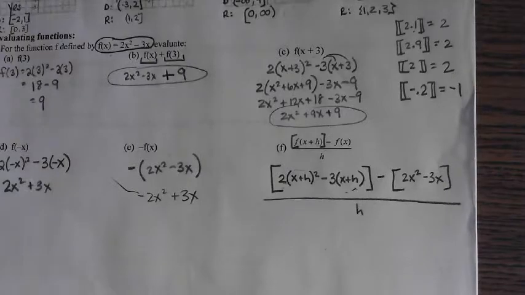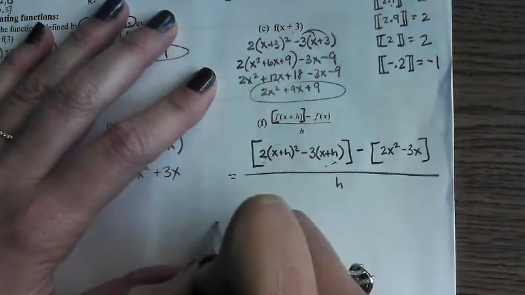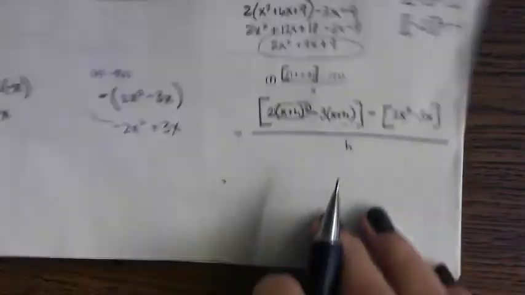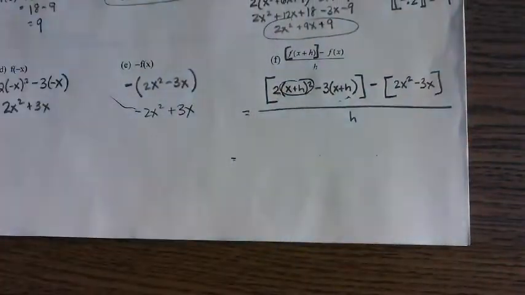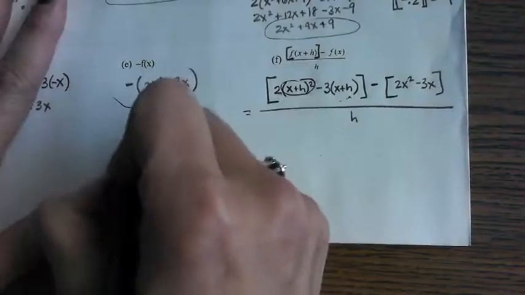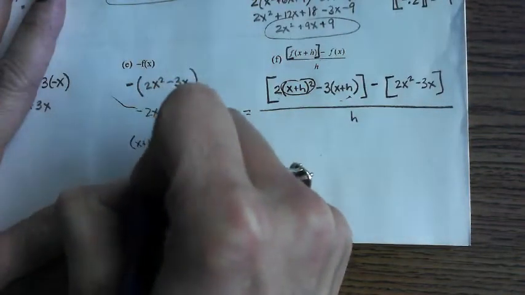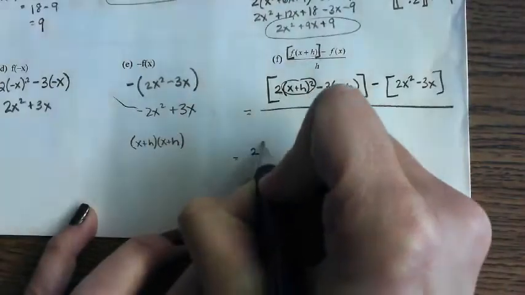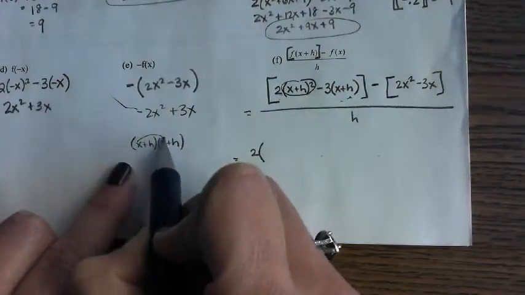Are you ready for that? It's not bad. It looks worse than it is. First thing you have to do is square out your x plus h. Now whenever you square out x plus h, it's always going to be the same thing, and the more you do it, the quicker you'll get at it. But for now, if you want to square that out, obviously the 2's out in front, but that's an x squared